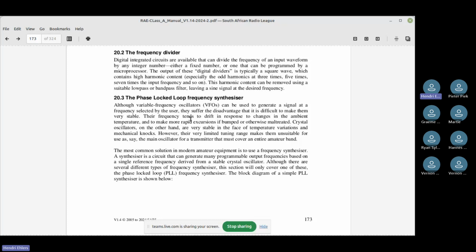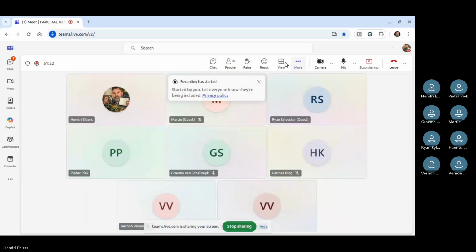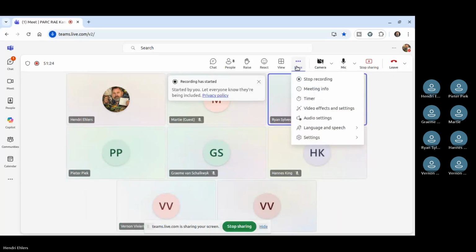En ons het nou toe ons daarso, sorry, ek wil net die opname stop want ek dink ons is nou